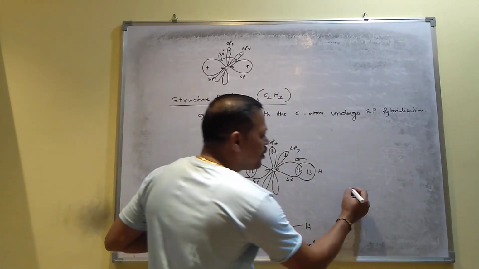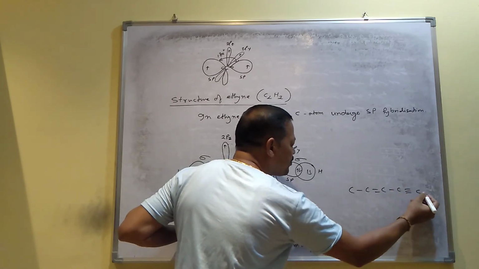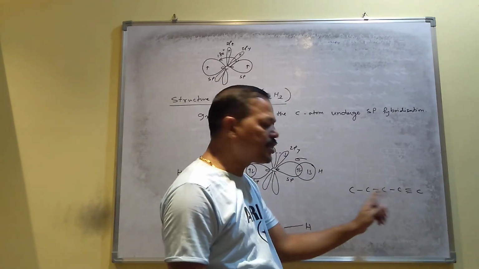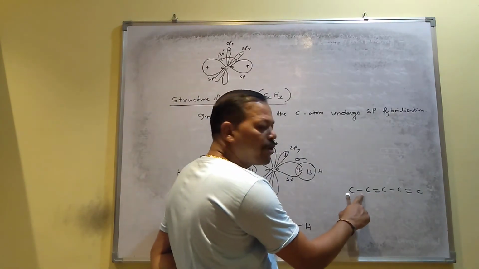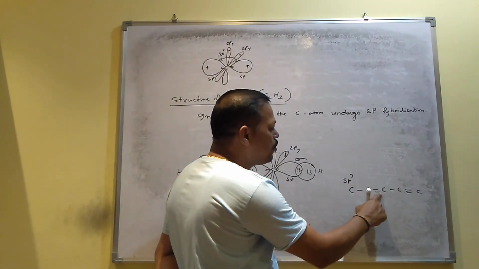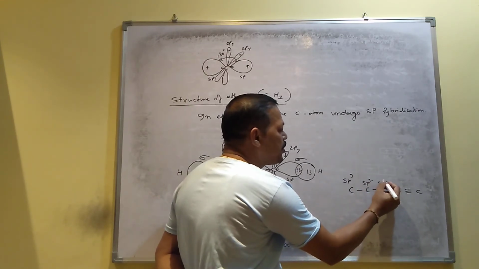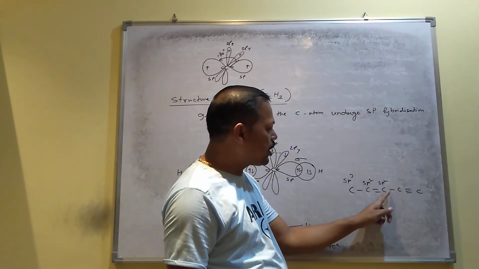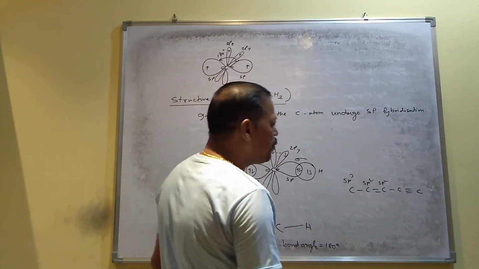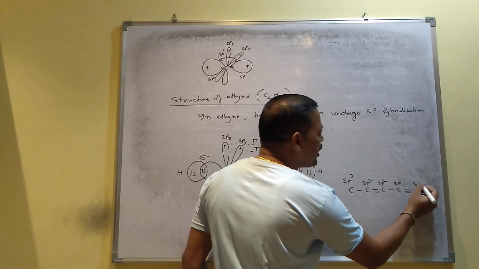For example, suppose this is a carbon chain, and this carbon chain is like this. If you want to find out the hybridization state of this carbon, it is a single bonded carbon, that's why it undergoes sp3 hybridization. This carbon contains a double bond, it undergoes sp2. This carbon also contains a double bond, that's why sp2. One thing, this carbon contains both single and double bonds, but the double bond gets the preference, that's why sp2. In this carbon a triple bond is present, that's why sp. This carbon undergoes sp hybridization.